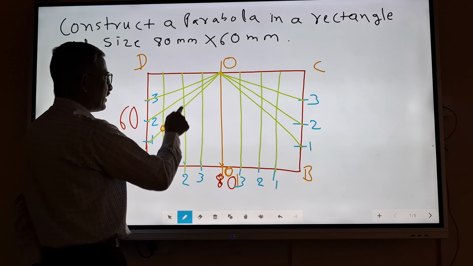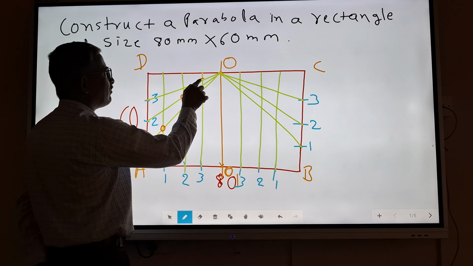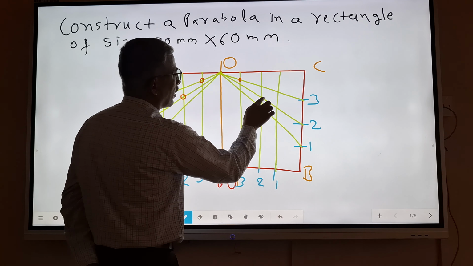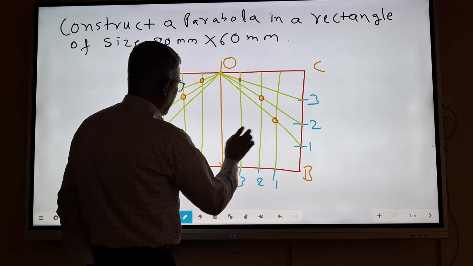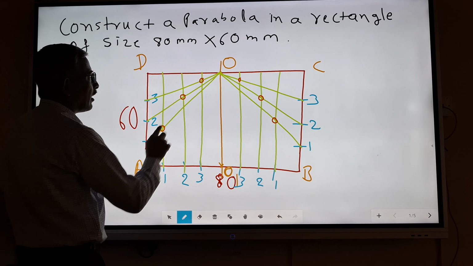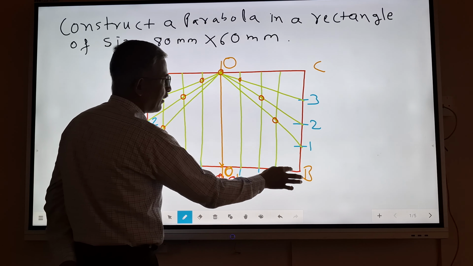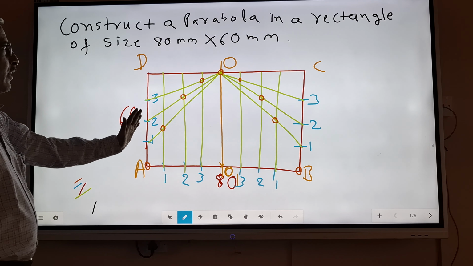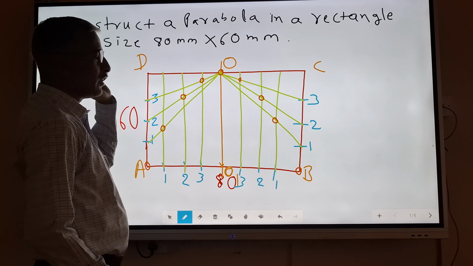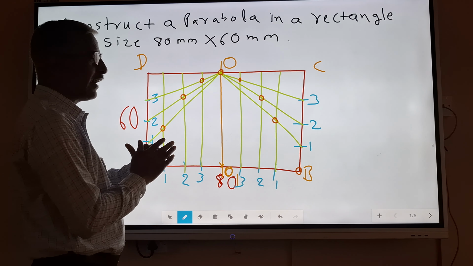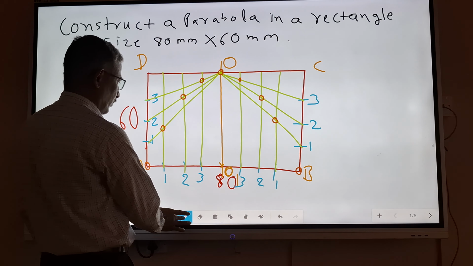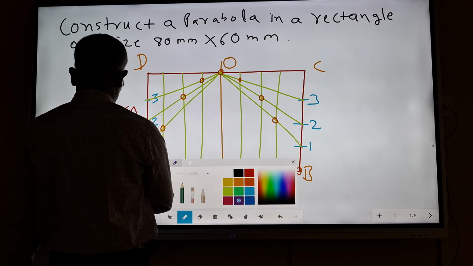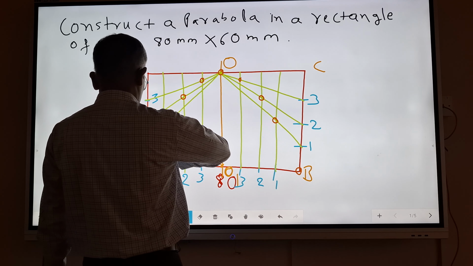O2 slanting and vertical of 2, O3 slanting and vertical of 3, the same points on the right side also, including points A, the topmost point O and the point B. All obtained points you have to join using a smooth curve, either freehand or using a French curve, to get our final curve, the parabola.